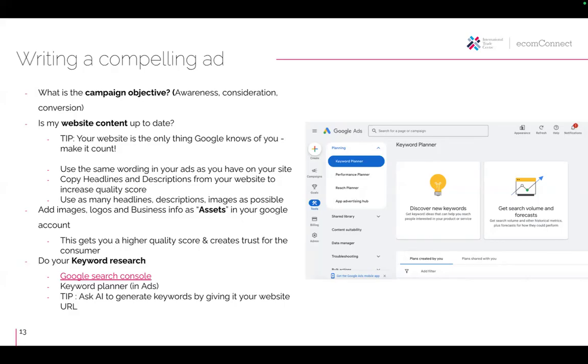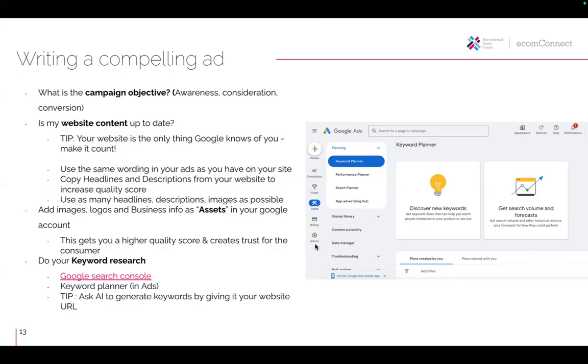But if you have a mediocre website where you don't actually get the information across, then Google can't read that information either. So to get high quality headlines and descriptions, you need to make those similar or even the same as the text on your website. This is crucial in getting your headline and description ad relevance score high.